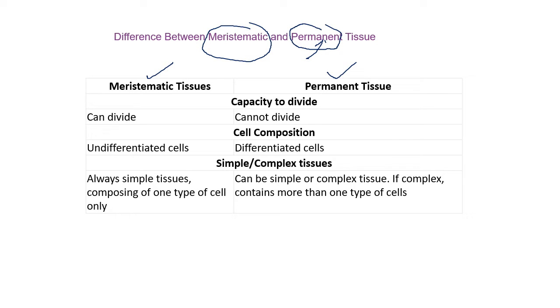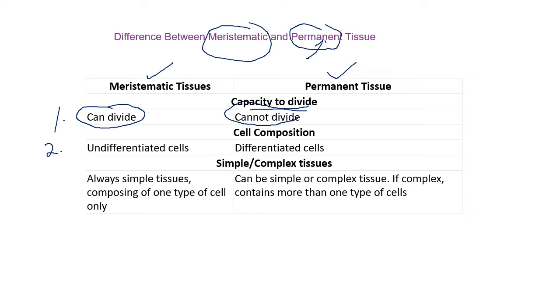So, capacity to divide. If we look at the meristematic tissues, they have the capacity to divide. They can always divide. They are always in a state of division. While permanent tissues, under normal conditions, cannot divide. So this is the first difference. Second,